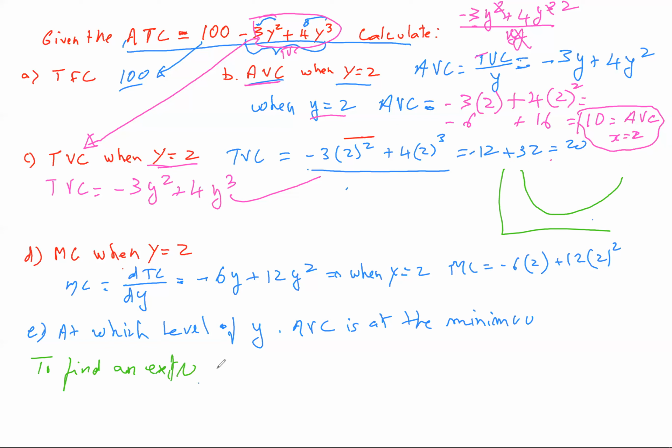An extreme point, we set the derivative of that function equal to 0. So we'll take the derivative of the average variable cost divided by d of y, and we'll set that to 0. And so the derivative of the average variable cost,